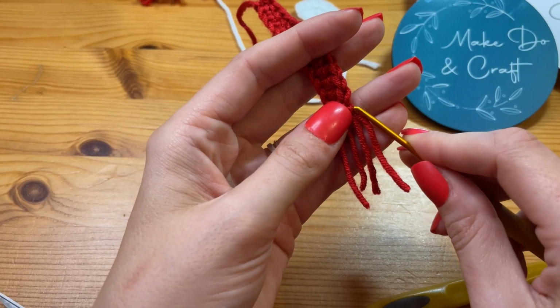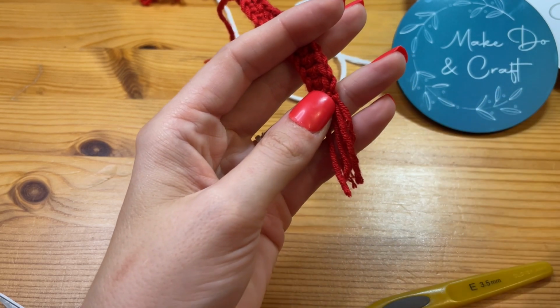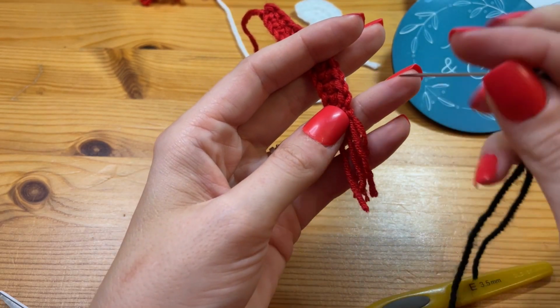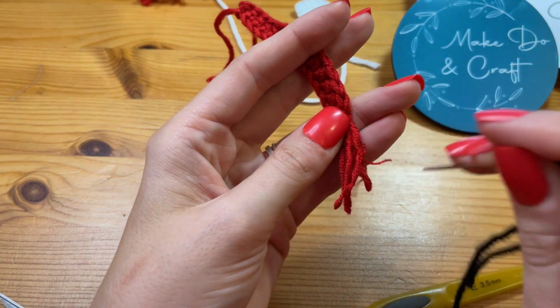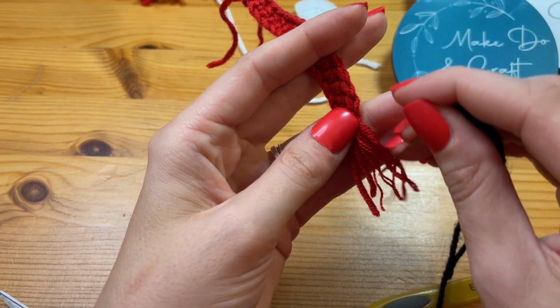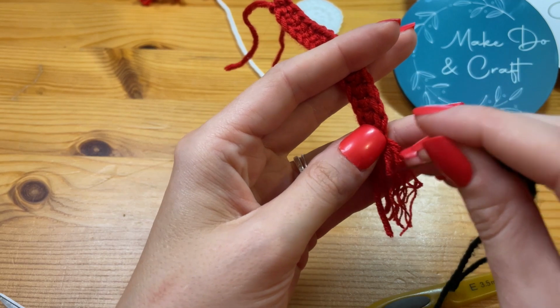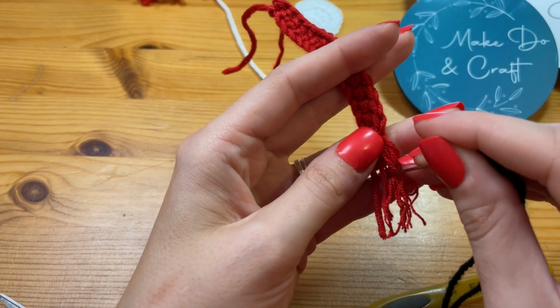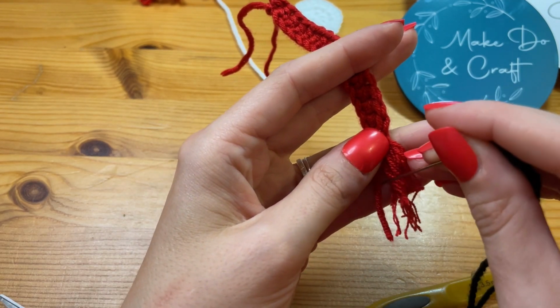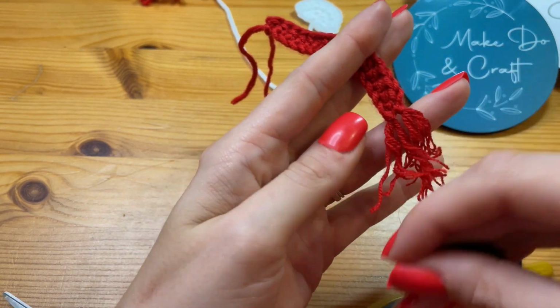So all I do to do that is take the smallest hook. I haven't got my other ones to hand, so I might just use a needle, and basically what you want to do is separate your strands of your yarn. And using a hairbrush works really well because you can get it actually really fluffy. It comes out lovely, but I'm just going to show you quickly on the video what you can do even just by simply separating the strands